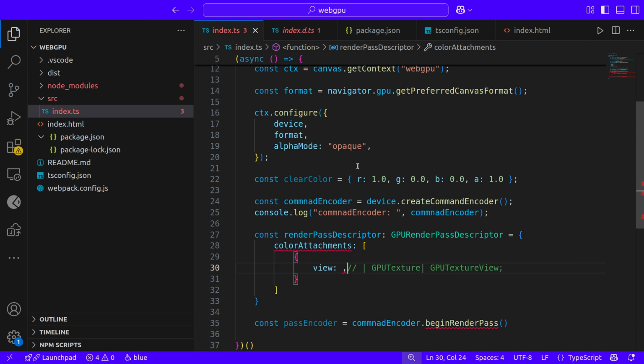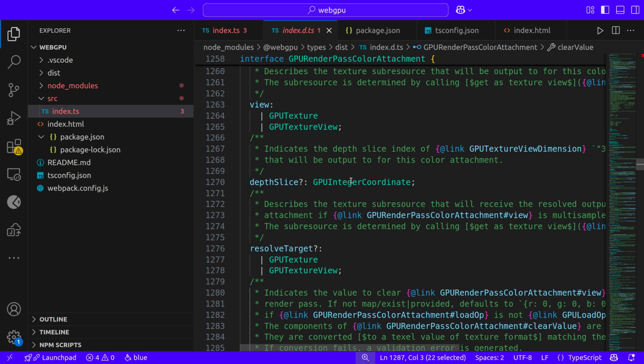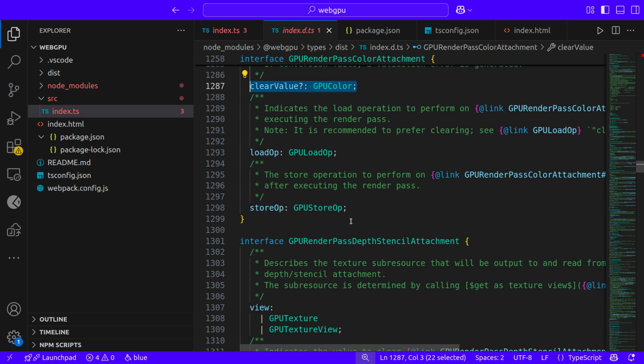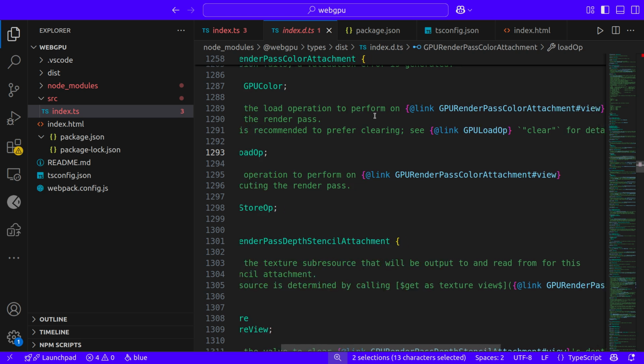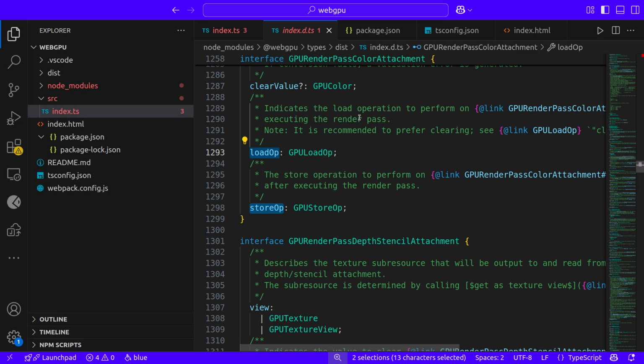Let's just see one by one what kind of things we can do here. This is an optional thing. So clear value, they were providing this thing, and view was GPU texture, and that thing, load op and store op. So this indicates the load operation to perform on render pass color attachment. So it seems like they have some attachment system,